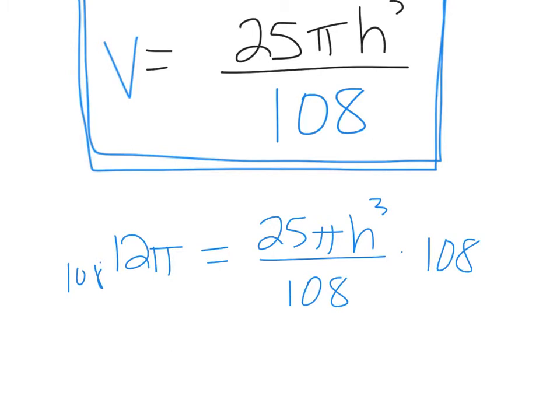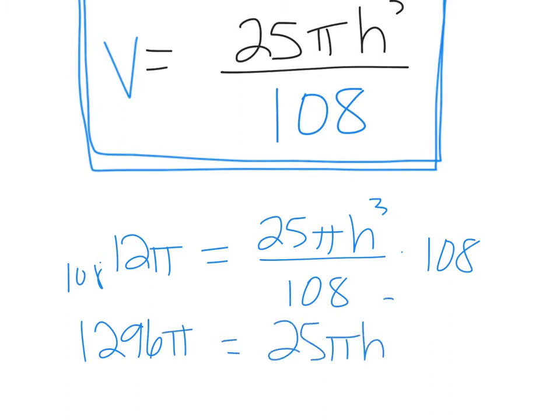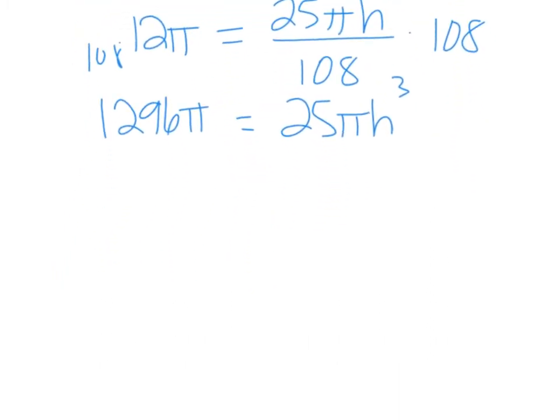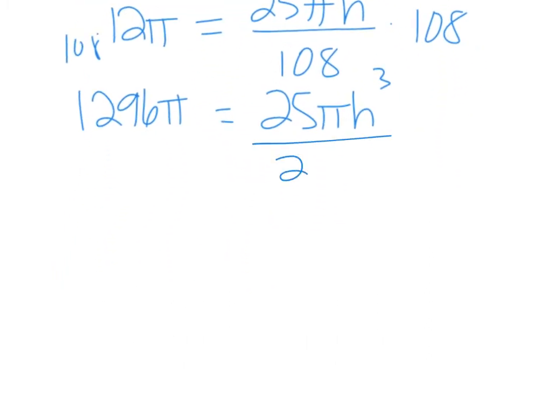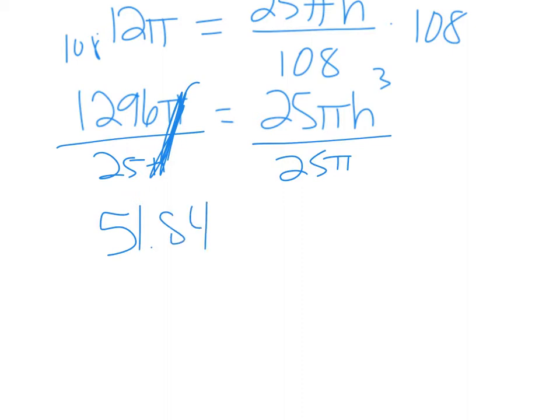108 times 12 is 1296. Pi, don't forget about the pi, 25 pi h cubed. We will divide both sides by 25 pi. Okay, so the pi's cancel out, so you don't have to do that in your calculator. 1296 divided by 25 is 51.84